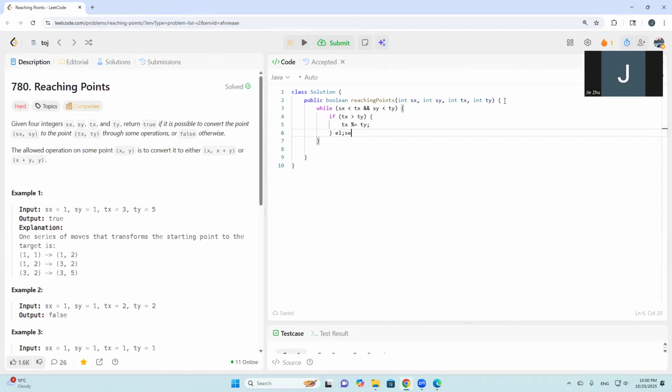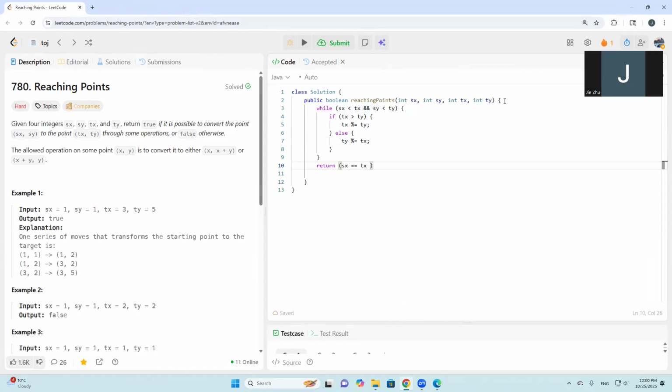Else, just have Ty mod equal to Tx, right? So when we're jumping out of this while loop, we'll have either return, right? Return Sx equals